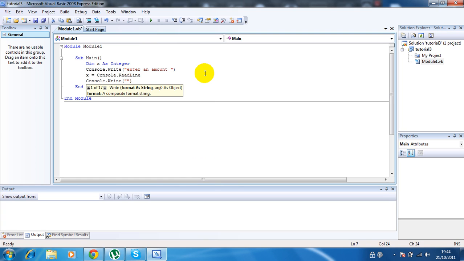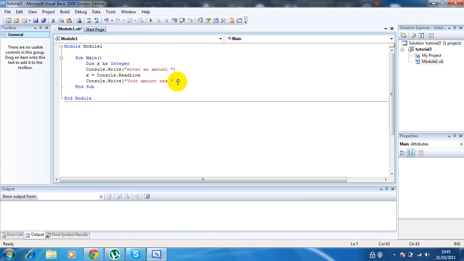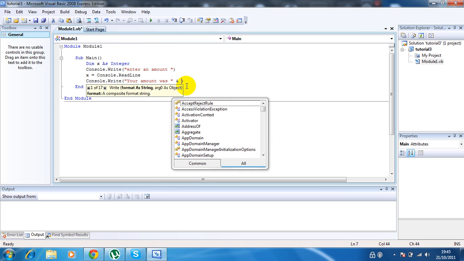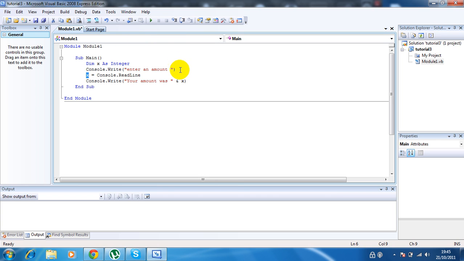You first write your string, which is your amount was, and then if you want to include a variable you need the and sign or an ampersand sign, which is that sign there. Leave a space and then include the variable you want to include, which is x or whatever you've called your variable, and then